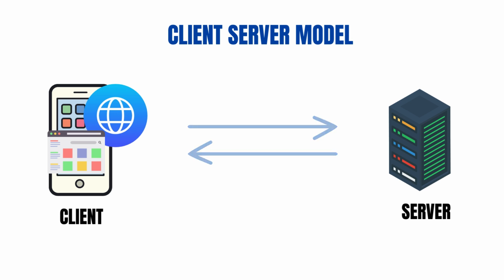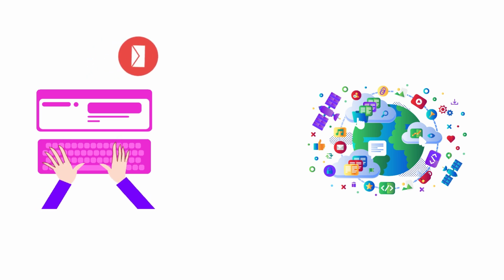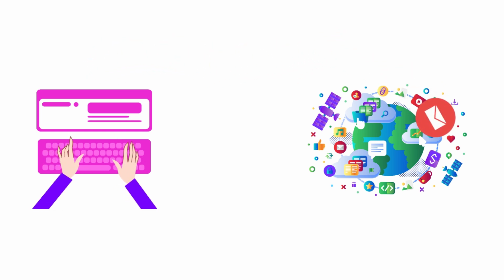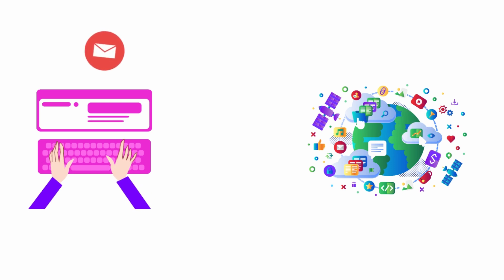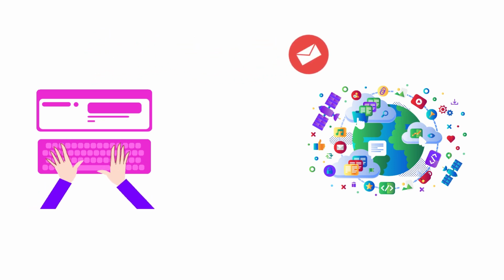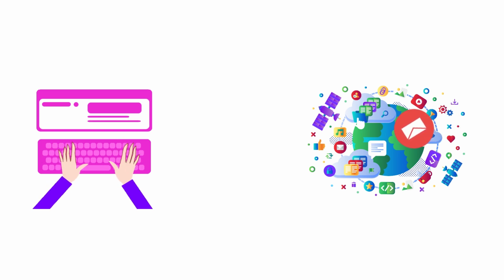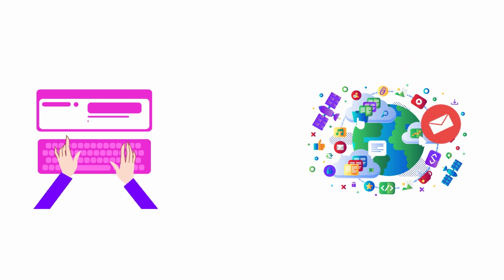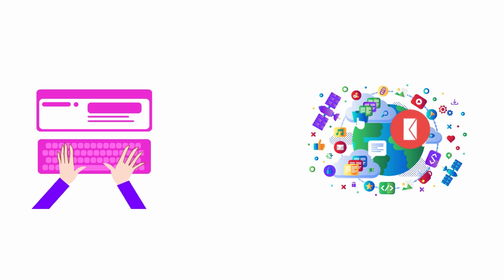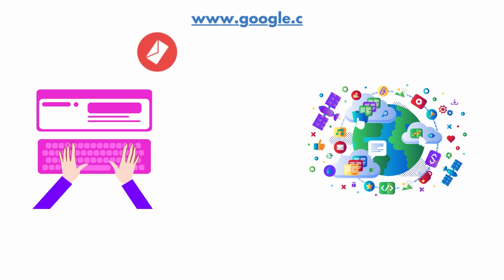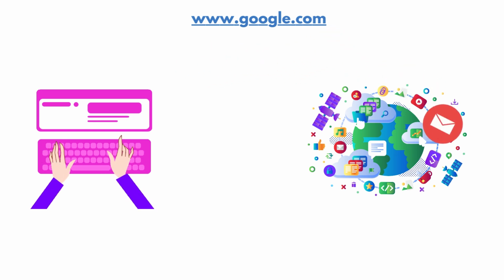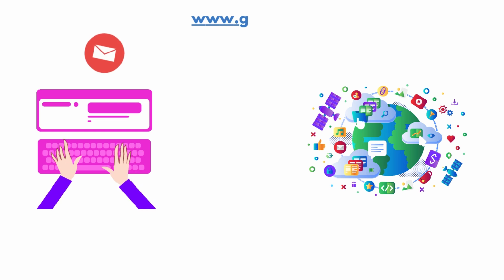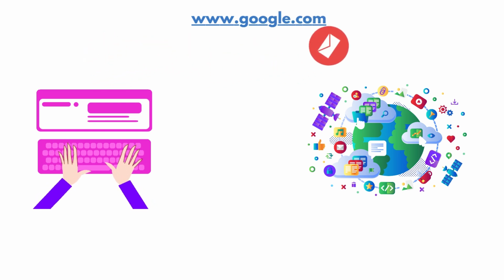Let's understand what hypertext is. Hyper refers to the ability to move from one place to another. Remember, plain text alone can't navigate the web. HTTP transformed text into hypertext, allowing links and embedded information to travel across the internet. So when you type www.google.com into your browser, HTTP transforms the information, enabling you to access the website.